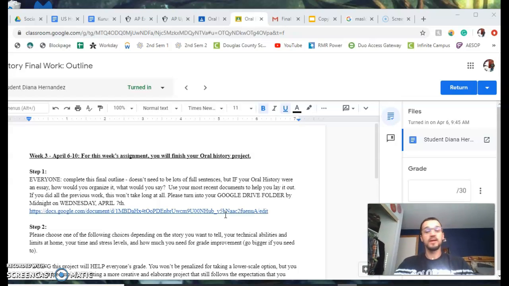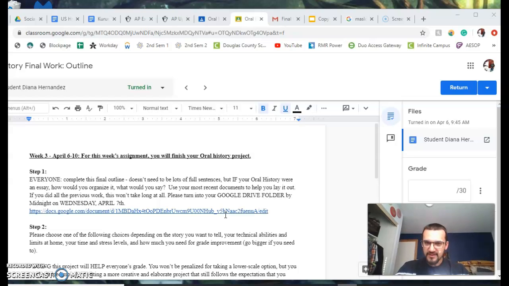For this outline, which again does not need to be fully written out paragraph format, but just bullet points, sort of getting the main ideas across, what can you take away from your interview? Now remember, the story that I want you to tell is not going to be just the interview itself, but it's going to be about the topic you interviewed on. If you interviewed your parents about Vietnam or maybe an uncle about civil rights or something like that, this isn't just a like book report of their experience in civil rights.